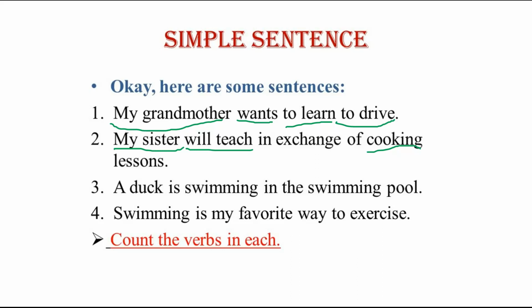Okay, number one, my grandmother wants to learn to drive. We only count once because it is a verb. We do not count to learn and we do not count to drive because they do not change the tense. Okay? To learn and to drive, they are not active verbs. They do not change the tense. Verbs with to in front of them are infinitives. Infinitives do not change the tense. So we only count want